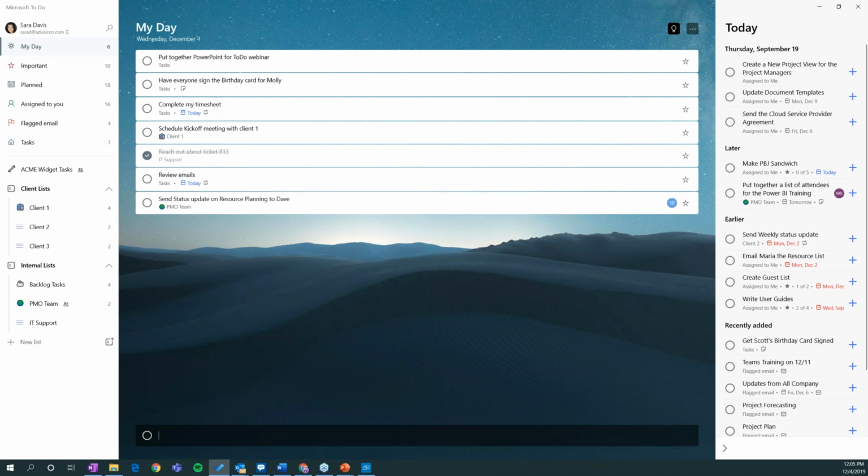For example, I need to create a new list in To Do. That's how you would add a new task, and so that adds tasks to your day. But you also have other tasks that are in other lists and other sections that are listed here in this Today section